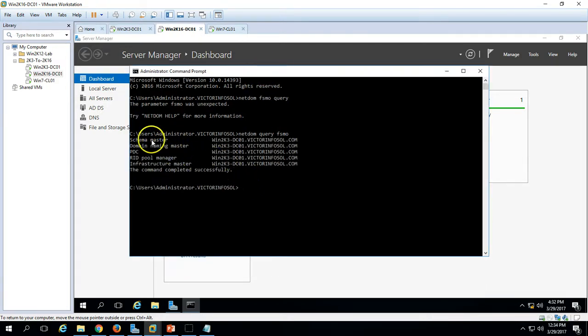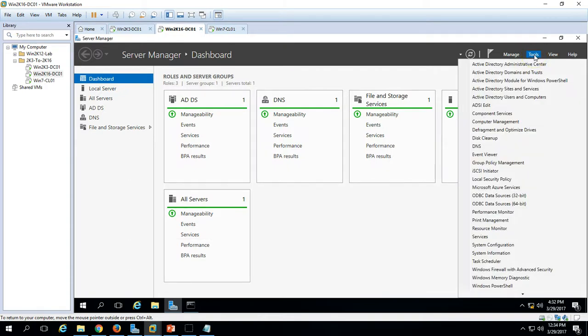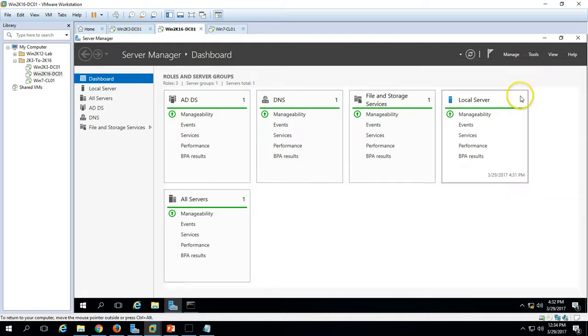So now you can see all the 5 roles: schema master, domain naming master, PDC, RID, and infrastructure master are held by the Windows Server 2003 DC. So let's migrate all the roles, all the 5 roles step by step, then we will demote the old server. To migrate the first 3 roles, you go to Active Directory Users and Computers,